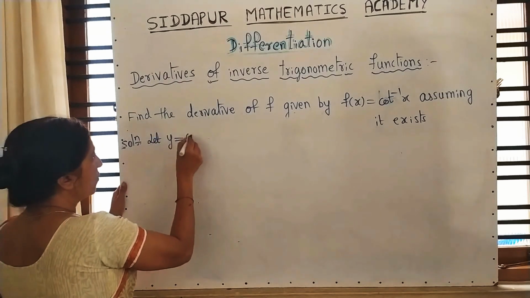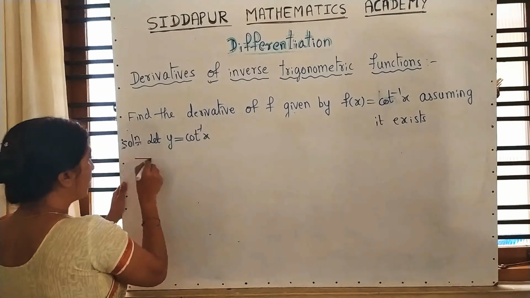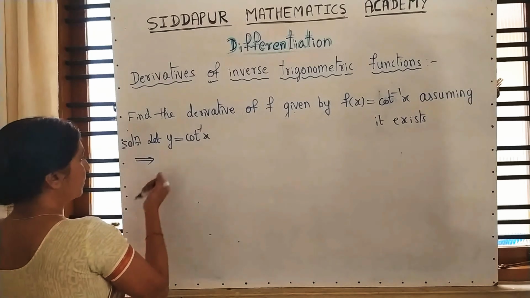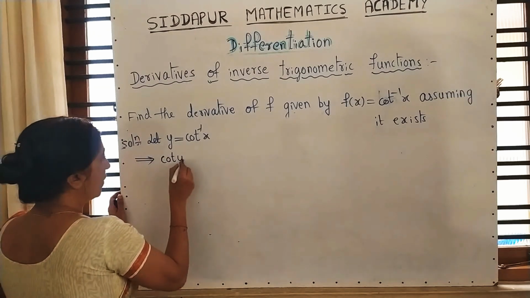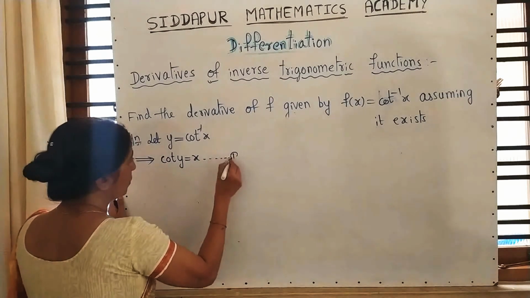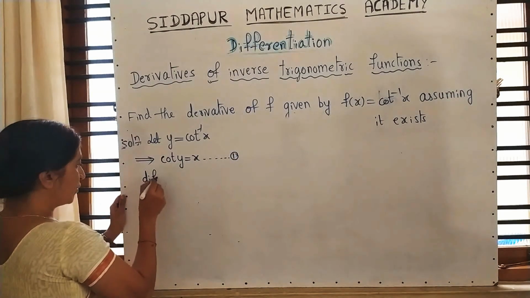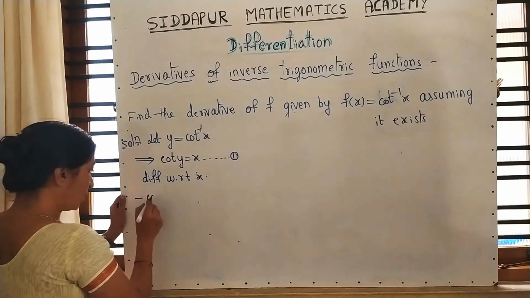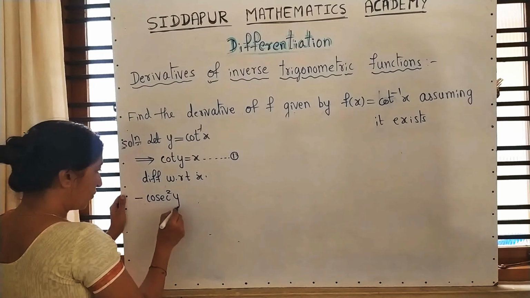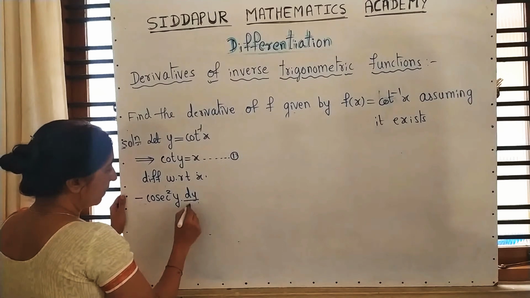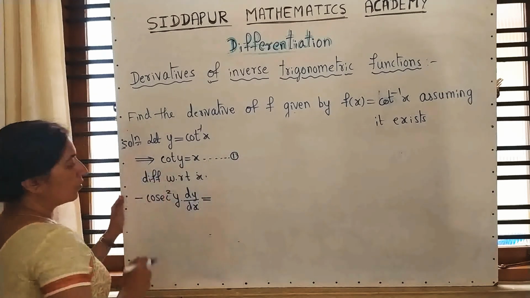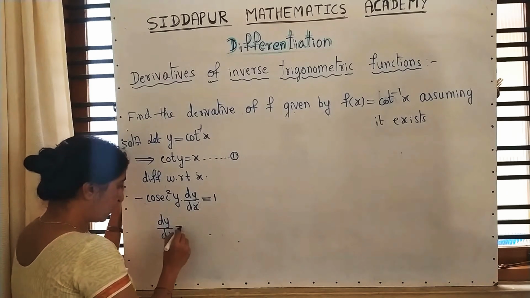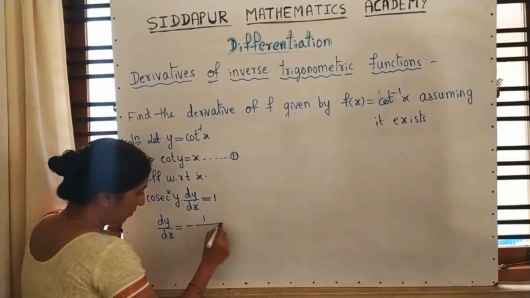Let y is equal to cot inverse x. Take only cot inverse on left side. Cot y is equal to x. Equation 1. Differentiating with respect to x. Differentiation of cot is minus cosecant square y into dy upon dx is equal to differentiation of x with respect to x, which is 1. Dy upon dx is equal to, this minus comes here, minus 1 upon